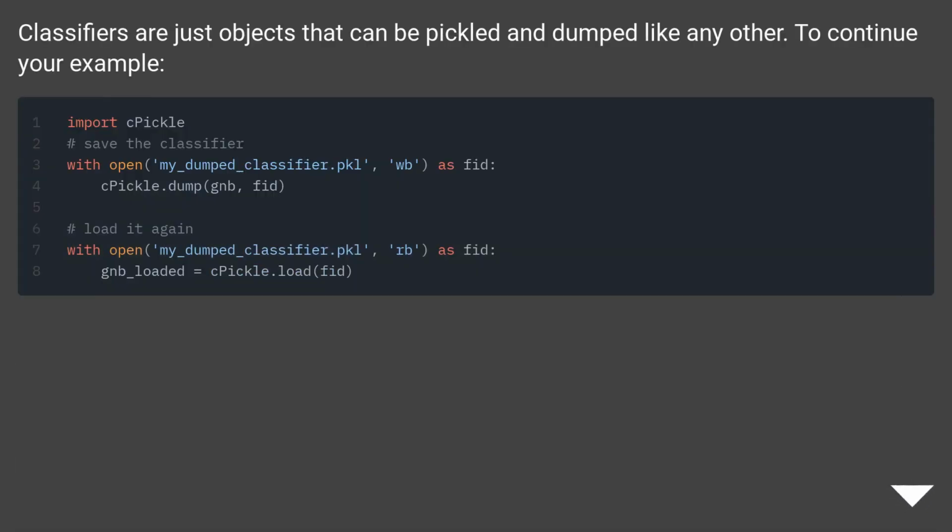Classifiers are just objects that can be pickled and dumped like any other. To continue your example,